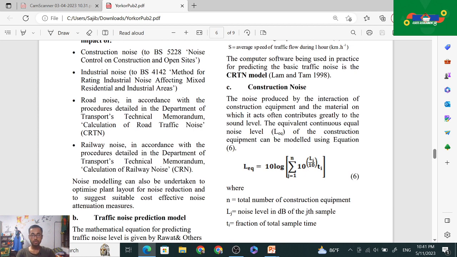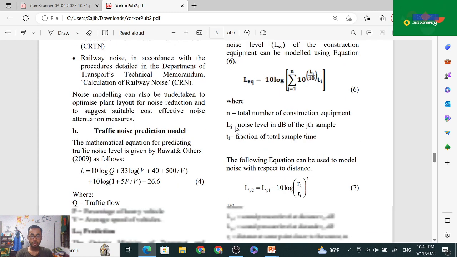Then construction noise এর মধ্যে যেটা আছে সেটা হচ্ছে noise production by the interactions of the construction equipment and the material on which it acts often contribute greatly to the sound level, and the equivalent continuous sound level বা হচ্ছে কি LEQ of the construction equipment can be modeled using the equation LEQ মানে হচ্ছে 10 log, এখানে হচ্ছে summation 10 log 10 to the power LI by 10 TI। তো এখানে টোটাল নাম্বার অফ কনস্ট্রাকশন হচ্ছে n, LI হচ্ছে নয়েজ লেভেল অফ